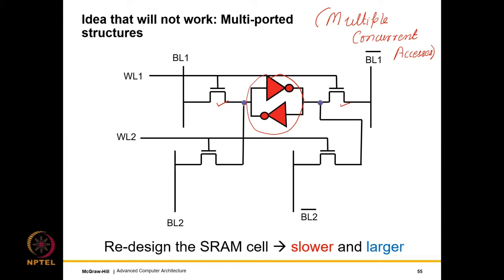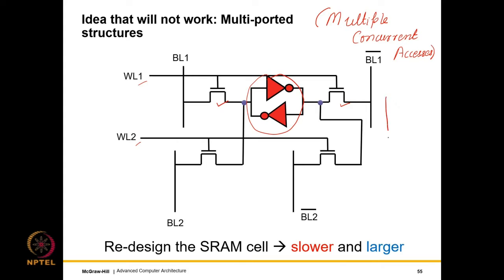What we do is that we add 2 additional transistors, which means we add an additional word line 1 and word line 2. And along with that we add 2 additional access transistors and 2 more bit lines. So one more bit line pair basically. So we have 2 bit line pairs and we have 2 word lines. See, we do this for every single cell in the array, right?